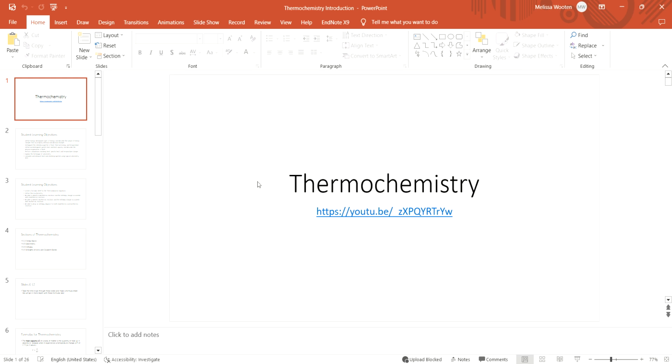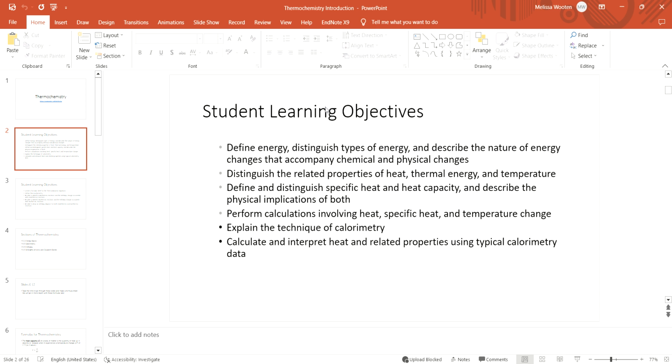Hello everyone. We are diving into an introduction to thermochemistry. Okay. These are our learning objectives: to define energy, distinguish types of energy, and describe the nature of energy changes